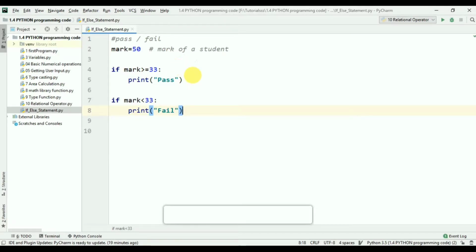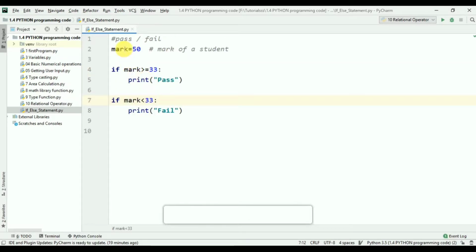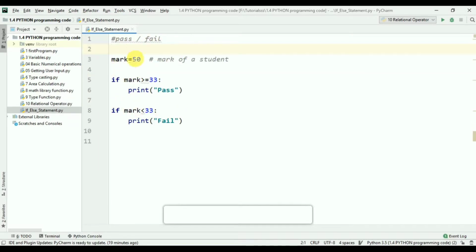So when the mark is less than 33, it will print fail. Let's check again. When mark comes here, mark is greater than equal 33, then it will print pass. When this is true, then it will print fail.